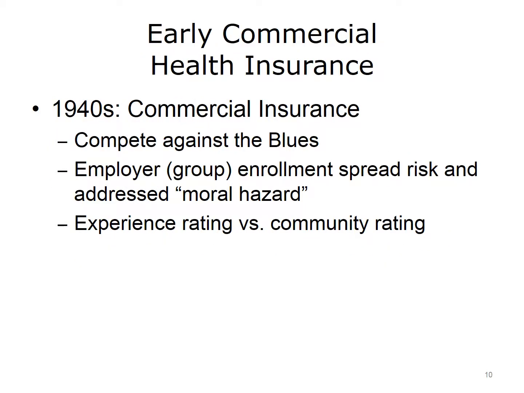During the 1940s, commercial insurance carriers noted the growth of these hospital and physician blue plan associations and began to offer group health insurance. Conditions that supported the movement into this arena included providing insurance for large groups of employees, which spread the risk and helped address some of the moral hazard associated with health insurance. In addition, commercial carriers could adjust their rates based upon the age of the group members and their payment experience, whereas the hospital association plans offered community rating, the same price for any insured person.